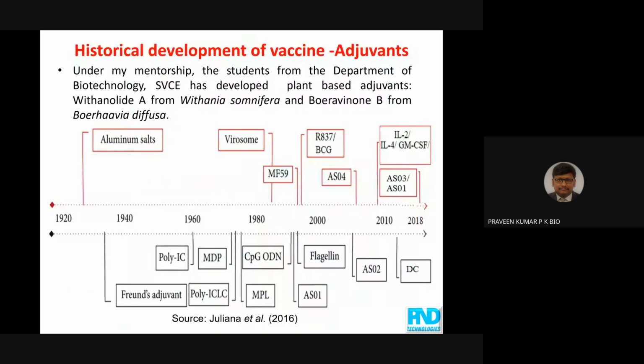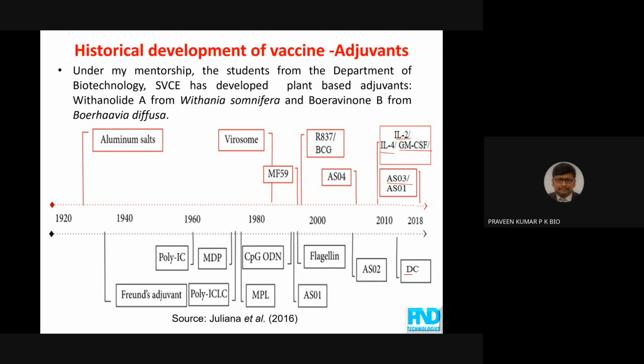Related to the historical development of vaccine adjuvants, our lab worked extensively on the usage of IL-2, IL-4, interleukin-2, interleukin-4, and granulocyte macrophage colony stimulating factor as adjuvants. Whatever immune molecules we use can also be used as an adjuvant. AS03 uses the plant molecule saponin as an adjuvant. We have come up with the discovery of a few more plant molecules that can act like an adjuvant. What is an adjuvant? It is a component used to increase the efficacy of the antigen. If you want prolonged immunity in our body, we can add these plant molecules along with the vaccine to increase the efficacy.